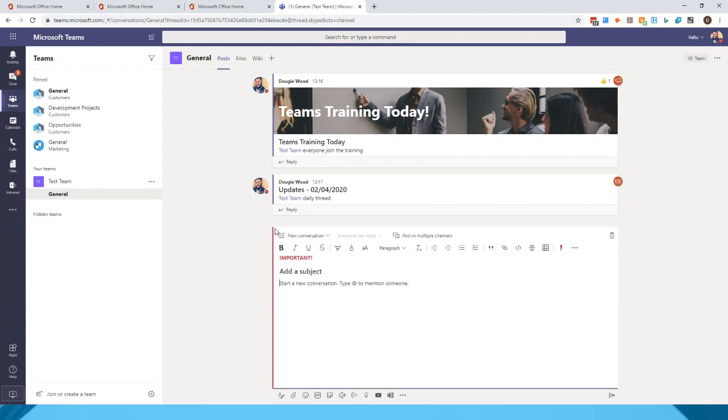You also get the red line on the left-hand side. And then when we post this, we'll also get a big red exclamation mark, which appears on the right-hand side to show that this is an important message. Now, the way that we use this internally is we also have our own support desk,